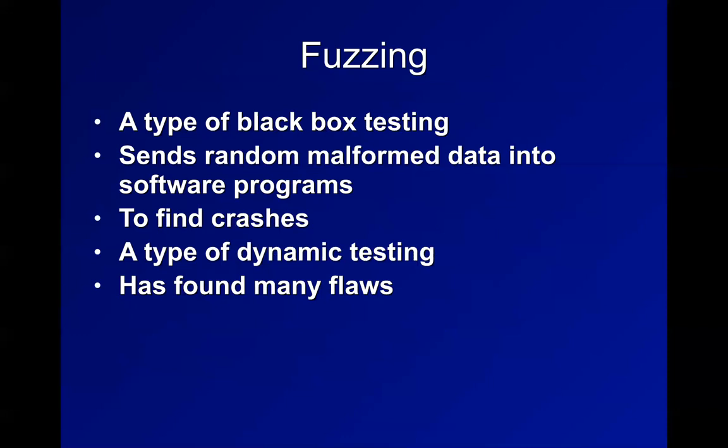C is too close to assembly language, and it means programmers have to keep track manually of a bunch of risks. You have to reserve space for something, and then every time you put data in there, you're supposed to remember how big it is and make sure you're not putting in too much. That is kind of stupid. Of course, people will eventually make a mistake and put too much in there.